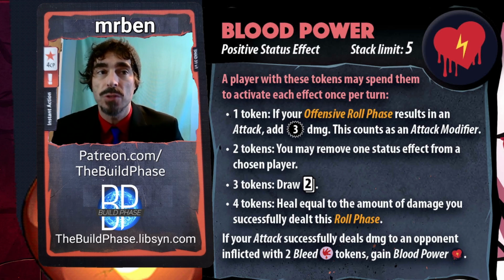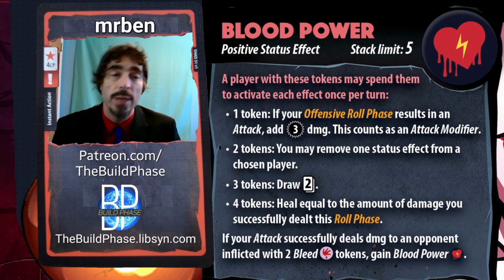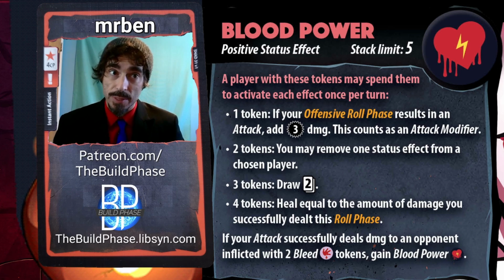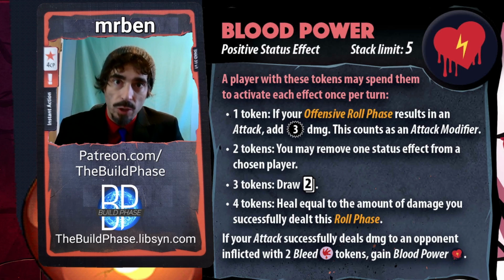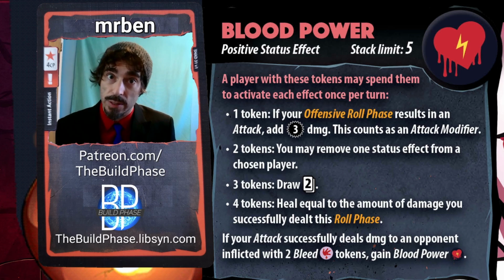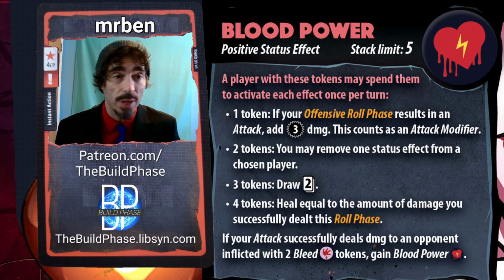All right, if you have 2 of these tokens, you can remove a status effect from a chosen player. So this will be situationally useful. We are giving up 6 damage to do that, so I think you should crunch the numbers in that way. So for example, let's look at a Shadow Thief who's in the shadows, and you go, I really want to push an attack through here. If I spend 2 blood power, if I don't take a turn off to build up my resources, and I